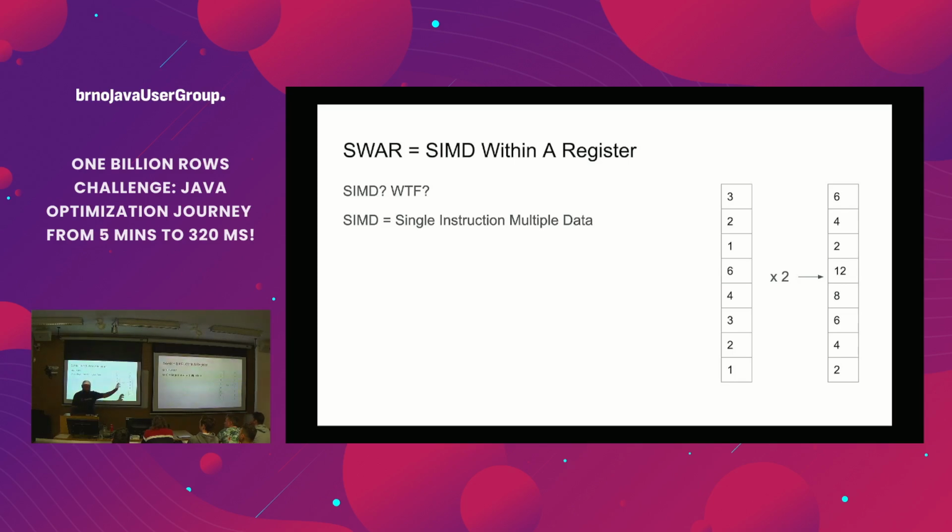CPUs are 64-bit, but there are a bunch of specialized vector registers with AVX-512. They have 512 bits, and you can imagine populating the 512 bits with data, and then you multiply it in one step, and the whole vector is multiplied at once. That's how SIMD works. It needs specialized instructions and specialized registers. It's hard to access from Java.